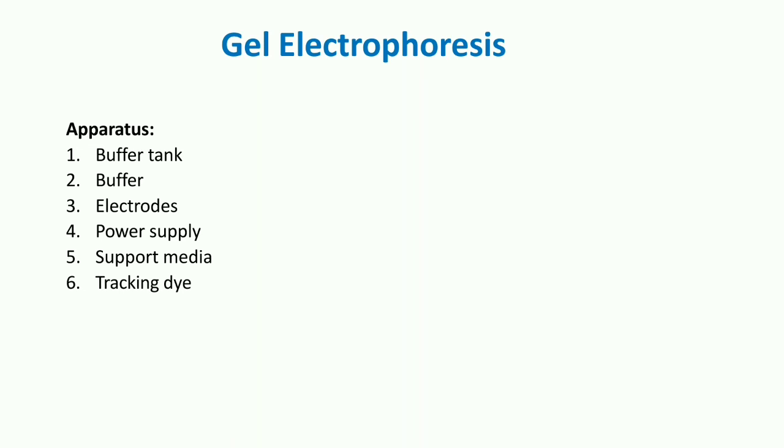We also use tracking dyes. Tracking dyes are agents which aim at visualizing the separated protein molecules after the process of electrophoresis. Mainly, Coomassie blue is used for tracking proteins. The dyes are usually added to the gel during the preparation only. The gel is mainly visualized with the help of a transilluminator.